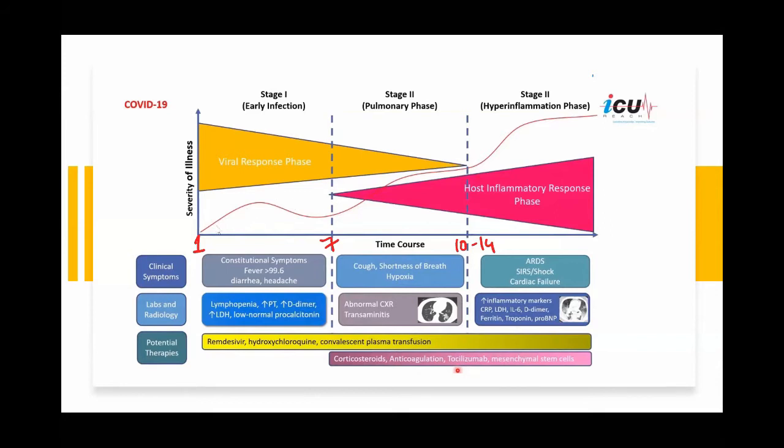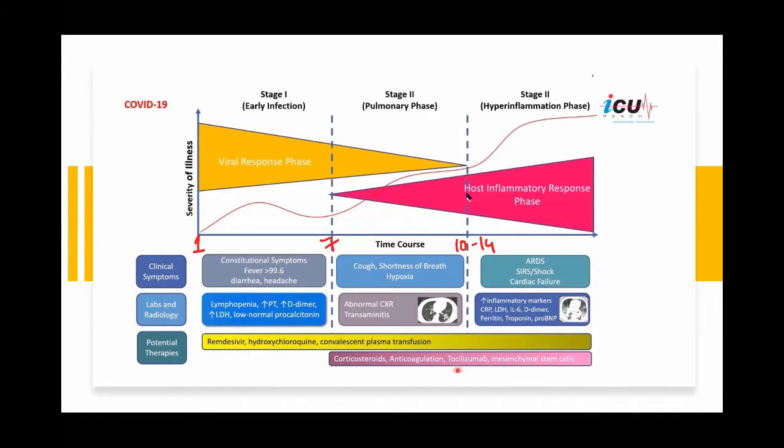You can see that this is basically your immune response. The fever has gone down, and now they have started getting the symptoms again. This is called biphasic fever, that is, the symptoms subside after the 7th day, but again you start getting high fever and shortness of breath. So there's a false sense of relief that my fever has gone down, but because we are entering the hyperinflammatory response phase, I will start getting high grade fever, shortness of breath, hypoxia,